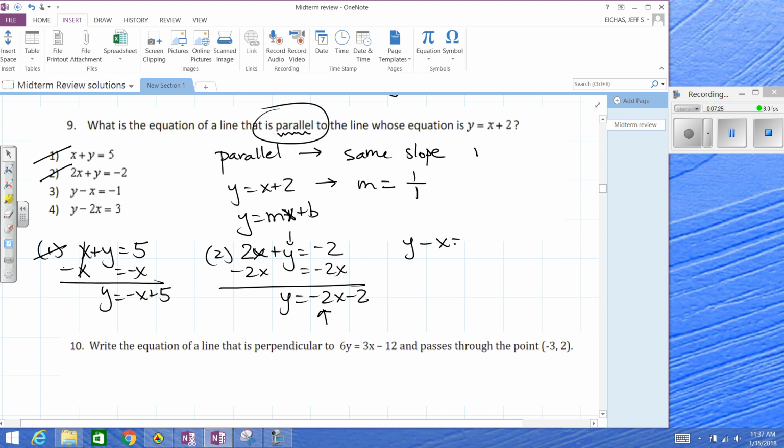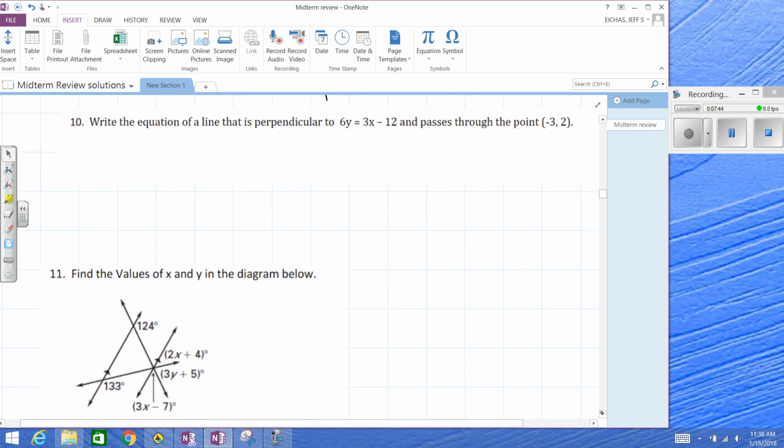All right, y minus x equals negative 1. This is where we'd add x to both sides. Let's see, x, whoops, sorry, so it's y equals x minus 1. There it is. The slope is really 1 there. That's the one we want. Okay, this one's just not going to work either. So, all right, another one, again chapter 2, geometry basics,